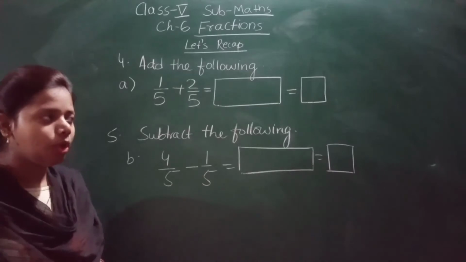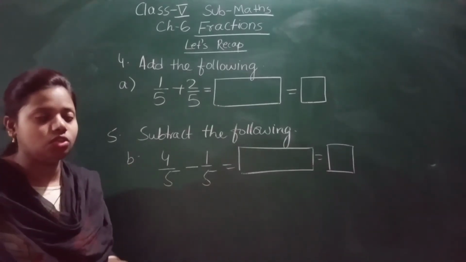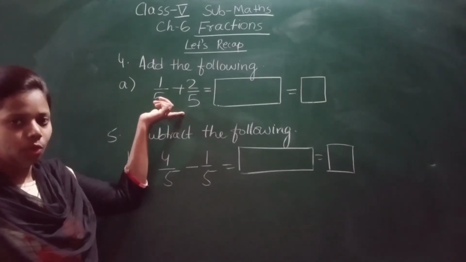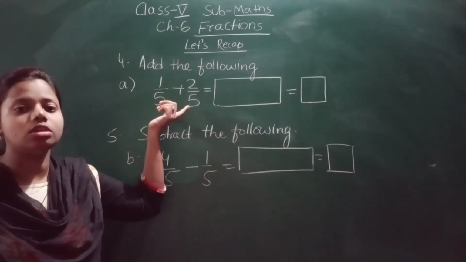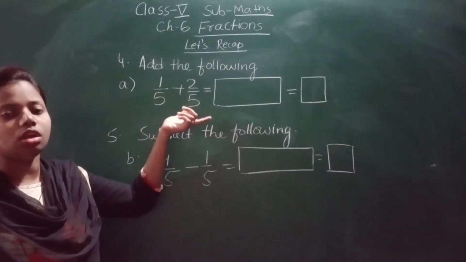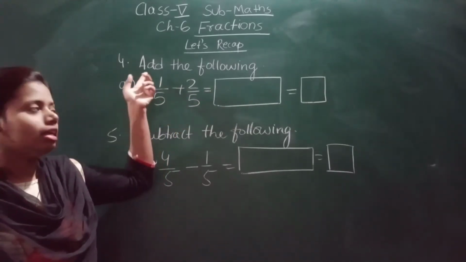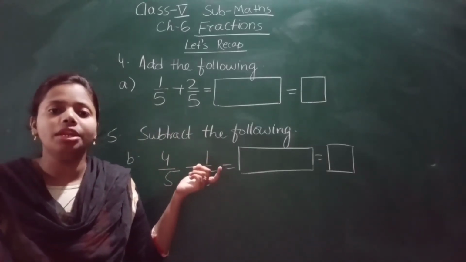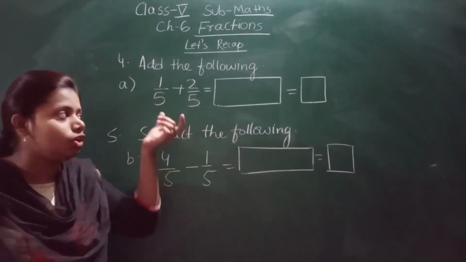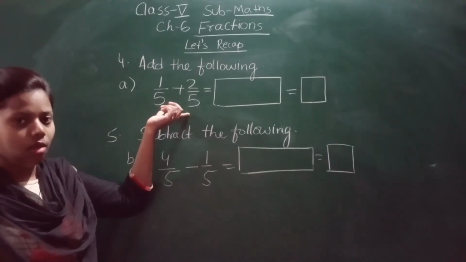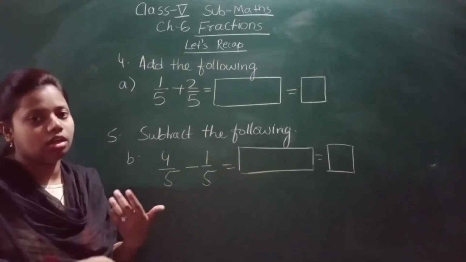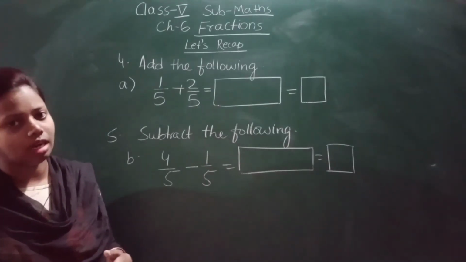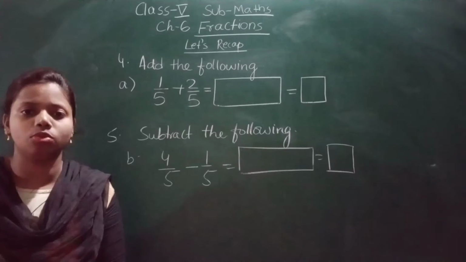So how to add, let us see. It's very easy. Whenever you see that the denominator is same, here you can see that the denominator is same, no? 5, 5 in both the fractions. This one is 1 by 5, this one is 2 by 5. In both the cases the denominator is same. After this we are going to do other exercises in which the denominator will not be same. So how to solve that type of question? There are other steps and processes there.